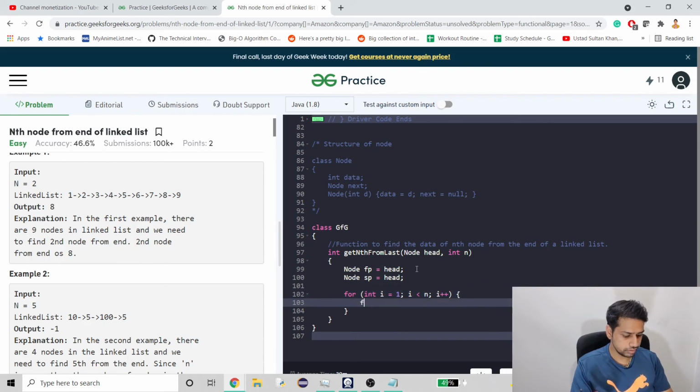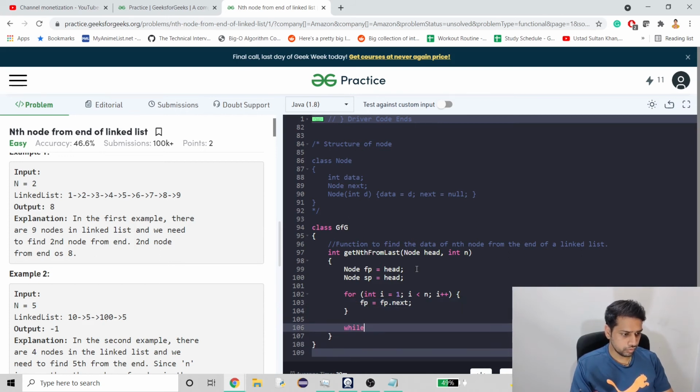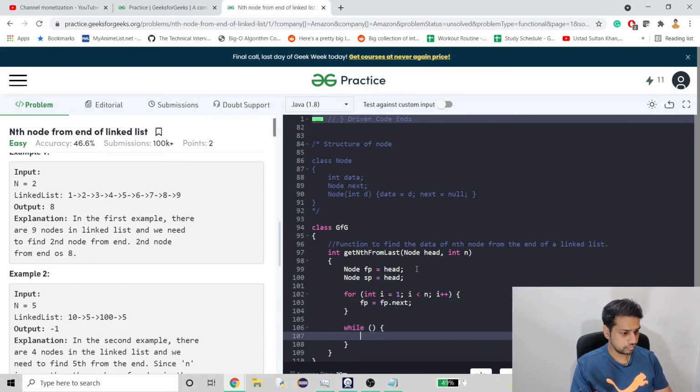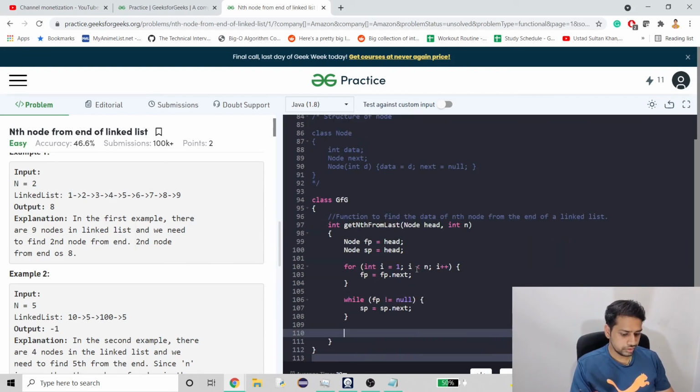Till then we will just do fp equals fp.next. Now we will do while fp not equals null. Till then sp equals sp.next, and just return sp.data, right?